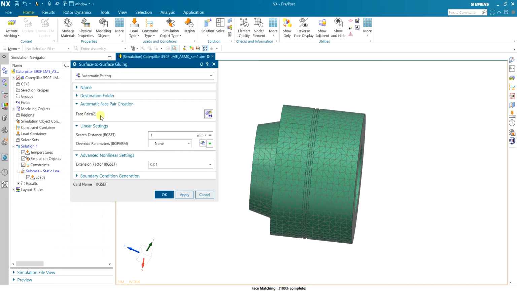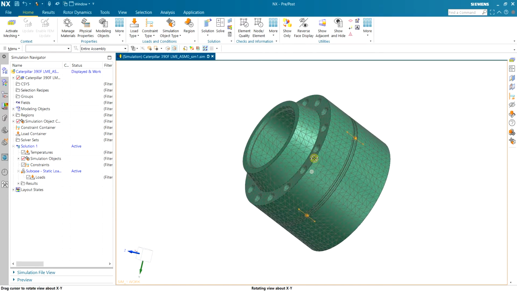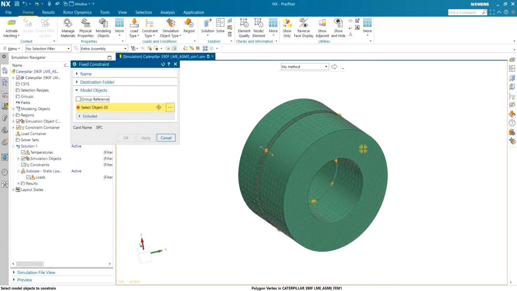Here you should have two pairs, as there are two pairs between the gasket and lower part and the gasket and top part. And you can see that the contact is defined here now. And then I'm gonna have a fixed constraint on the lower side. Let me